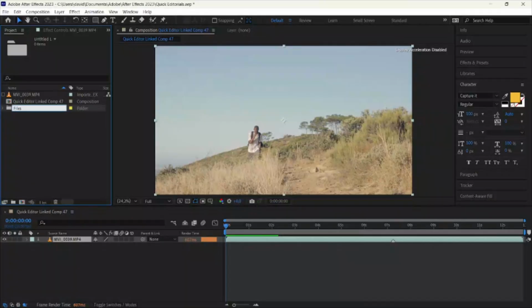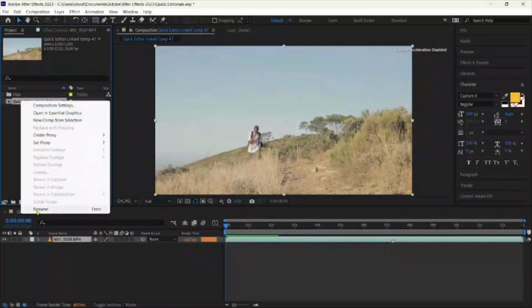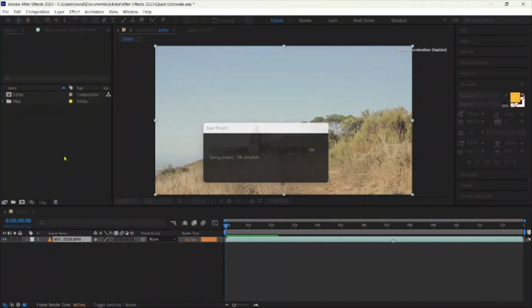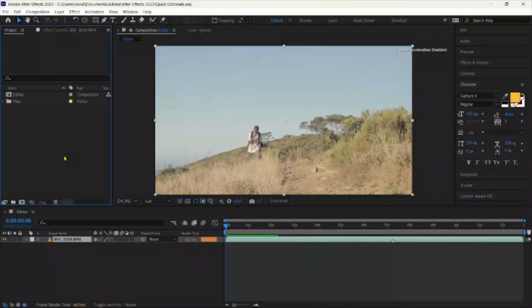I'm going to create a folder called Files. I'm going to be dragging the video clip inside of that folder. This is just for organization. Let's also rename that to anything you want. For me, it's just editor. And after that, we're done with this chapter. We're moving on to the next.